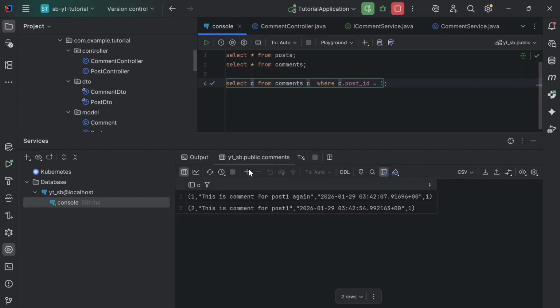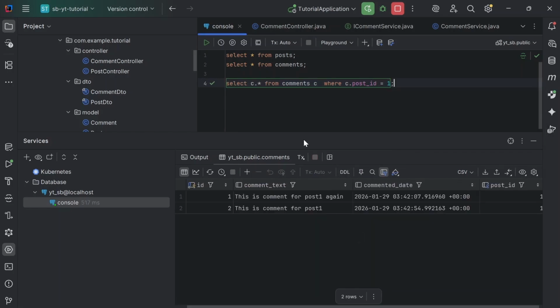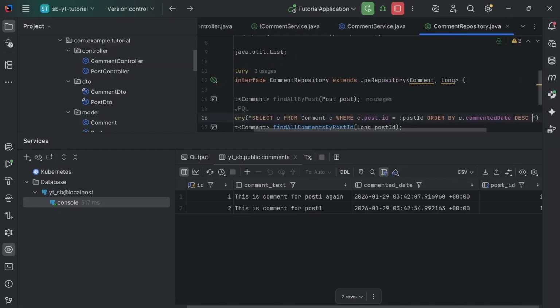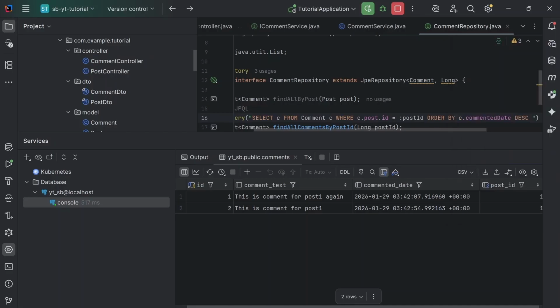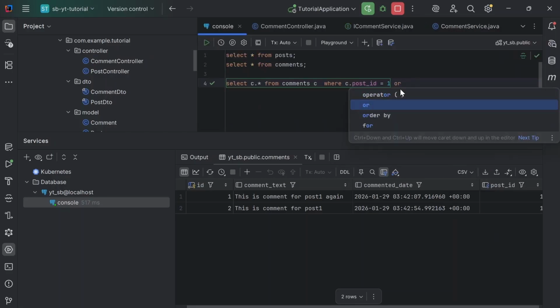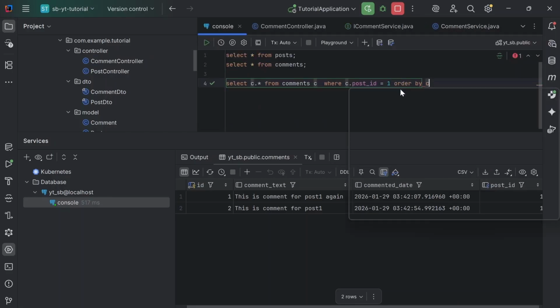Okay, so this will give you some format like this, but if you do start in SQL, it will give the result in this proper format, right? So that's what we are doing here. We are just doing the same thing, and again I forgot the order by in the query. For example, here, order by created